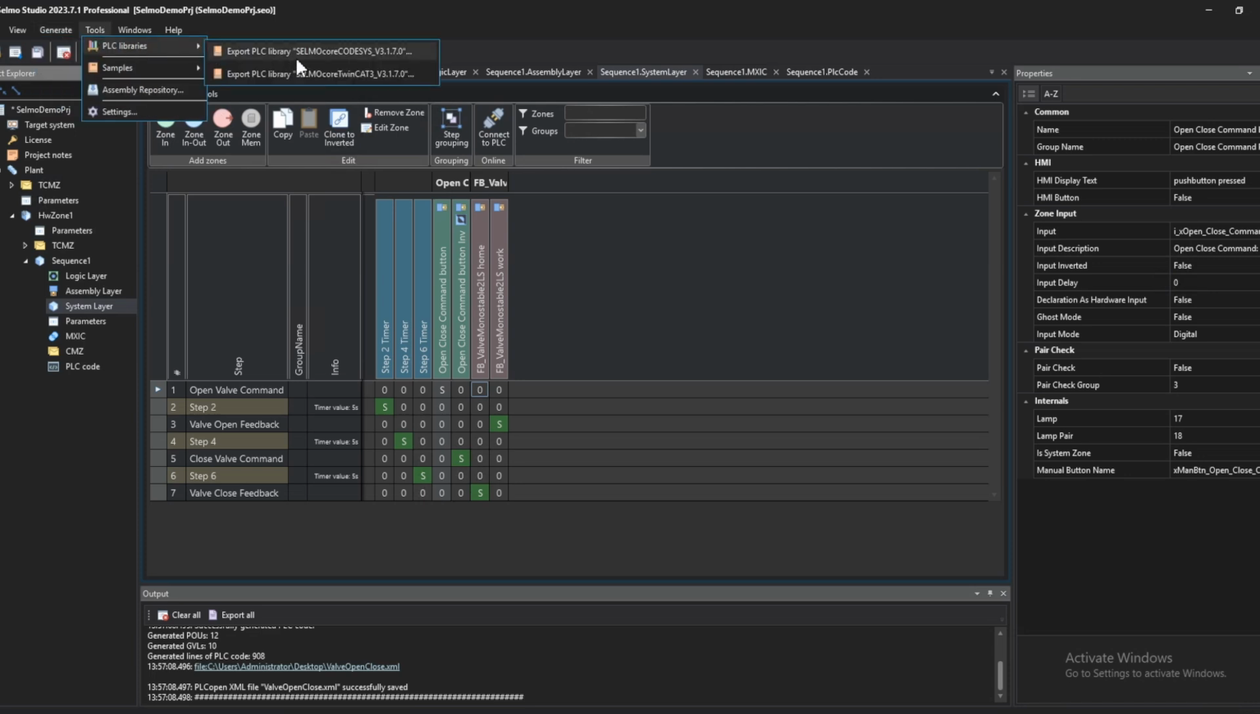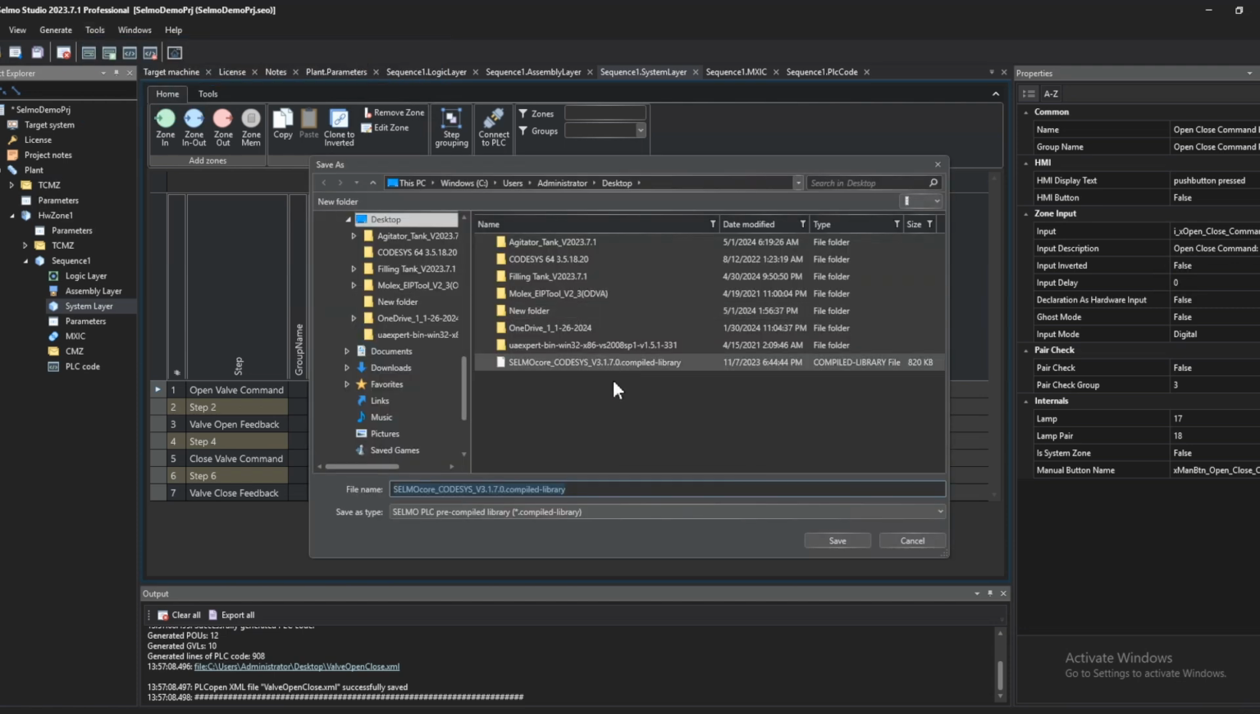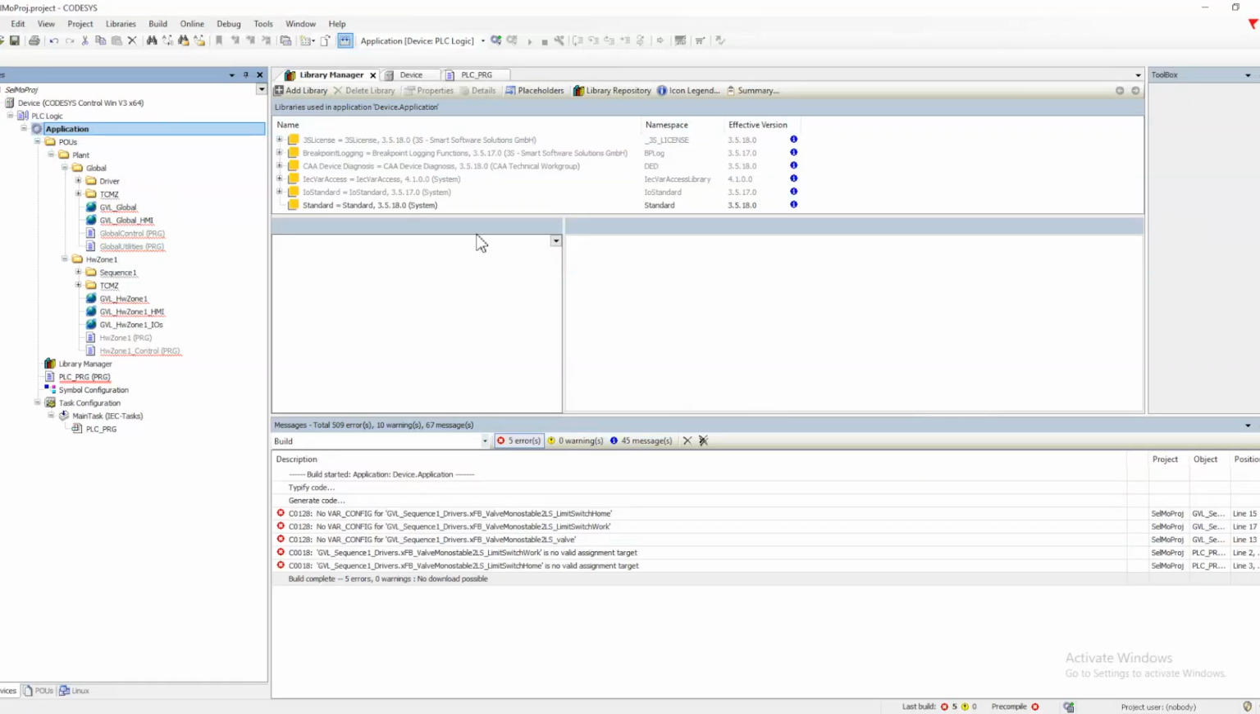Now once we have imported, one thing which we need to do also is export the libraries for the Selmo library, because it is using the Selmo structure. So Selmo has already created their own library, so that library we need to export. Okay, so I have already exported this particular library, and then what we need to do is